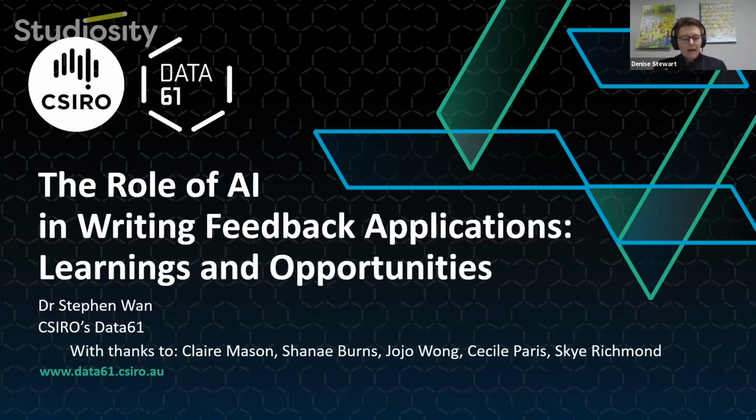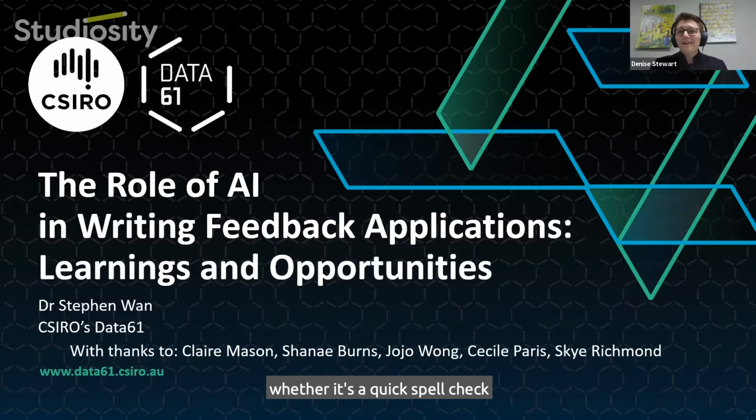Now, one of their key focus areas is artificial intelligence and machine learning. And we all benefit from the right level of AI in our lives, whether it's a quick spell check before we send out an email, using Siri or Alexa as an assistant, or indeed a smartwatch that tells us we've been sitting at our desks too long and we need to get up.